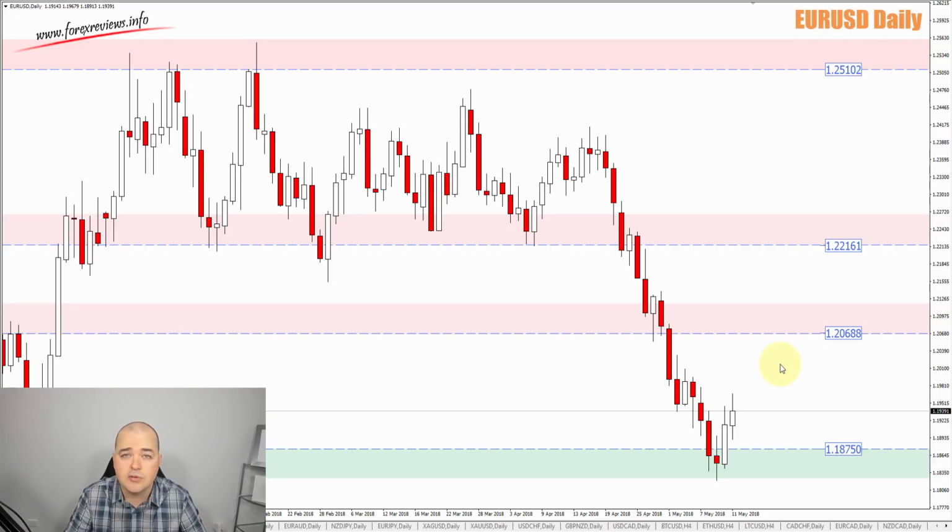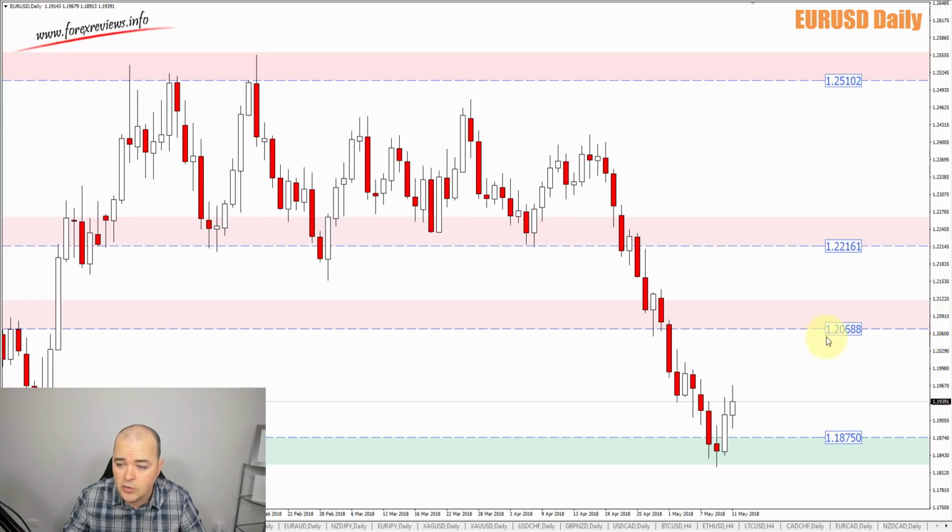So the first pair I'll look at this week in the review is USD, and I'm on the daily chart. Now USD declined a little bit further last week, testing the 118.75 zone area. This is a potential bullish evidence area on this market, and at the moment I am in a long position on this market. So what I'd like to highlight is a potential target area to the upside, which is the 120.68 zone area for all those people that are holding a buy position on this market, such as myself,